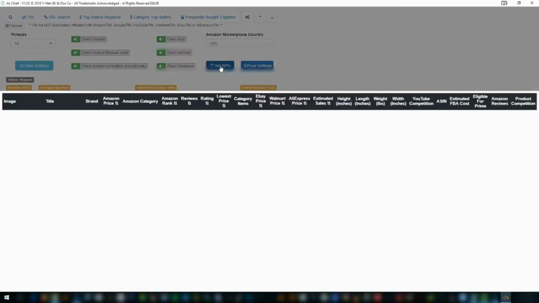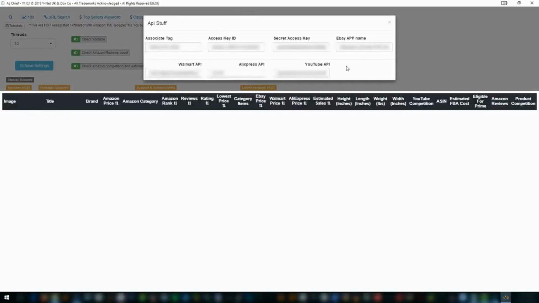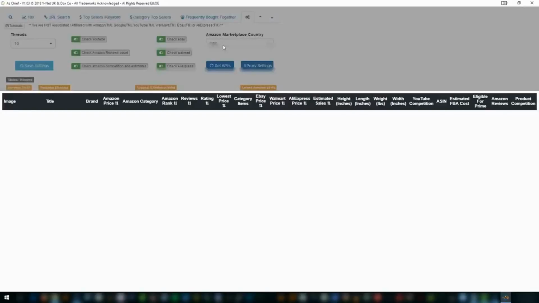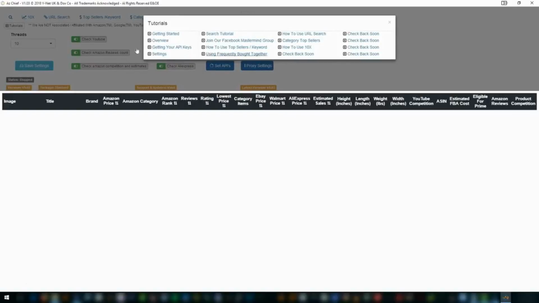Okay, so when you load up AsChief, the first thing that you need to do is go to your settings, and then once you've gone to settings, you click Set APIs, and you'll type in your API keys. We give full instructions on how to obtain your API keys in the tutorial videos, so you can just click tutorials there, and then you can click getting your API keys. So once you've got your API keys and you've entered them in there,